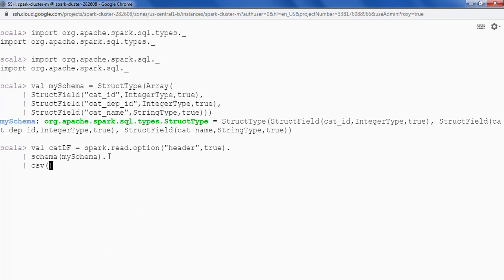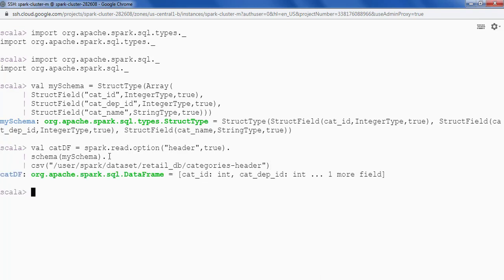Inside dot csv we have to provide the path. So the path is user spark dataset retail_db categories header.